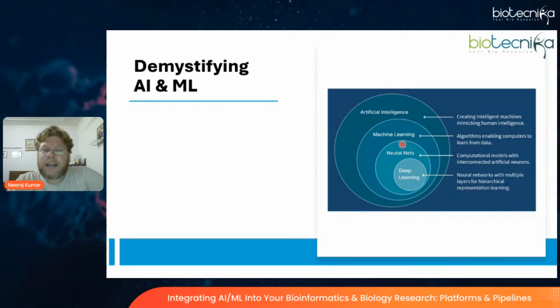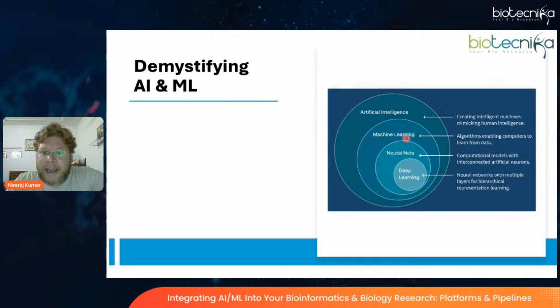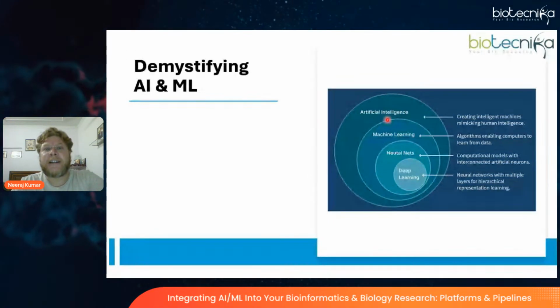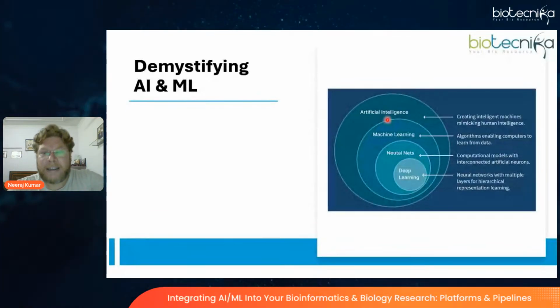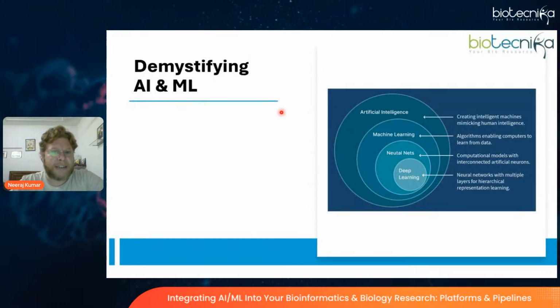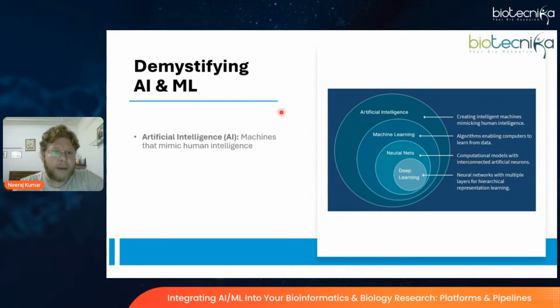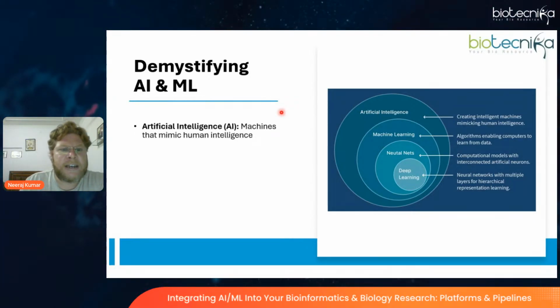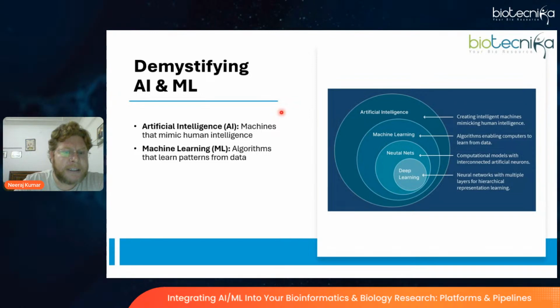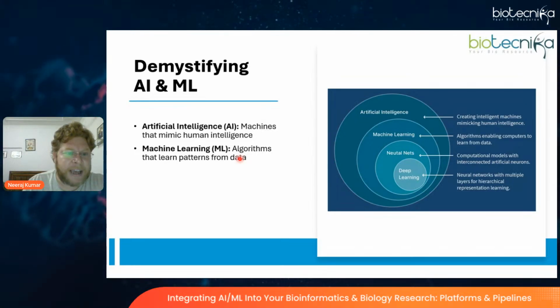Okay, so the collection of these algorithms and the foundational algorithms of machine learning tries to make the machines intelligent artificially. That is why the term is called artificial intelligence. Okay, so artificial intelligence is simply the machine that mimics human intelligence. Further, I will simply explain each and everything regarding AI as well as ML.